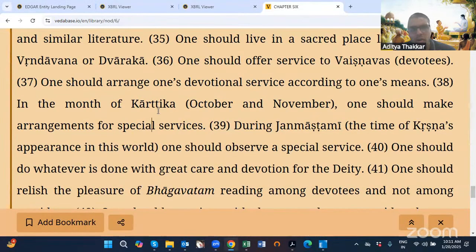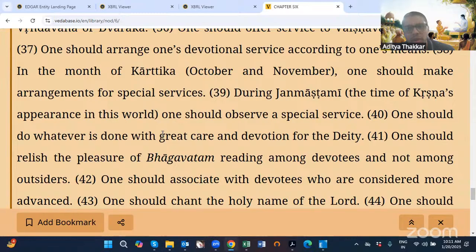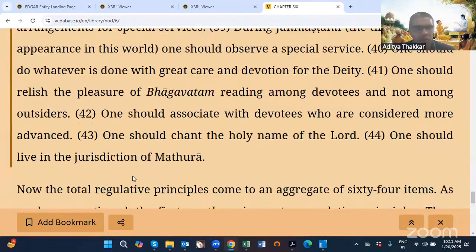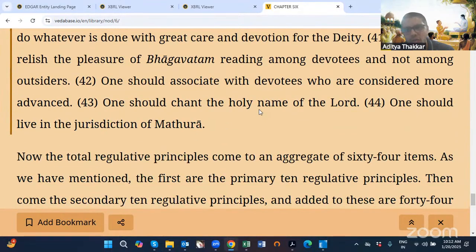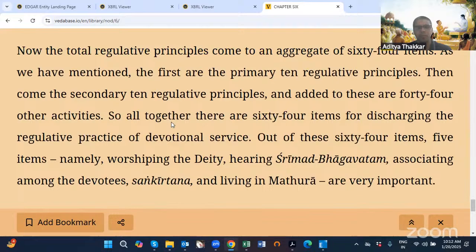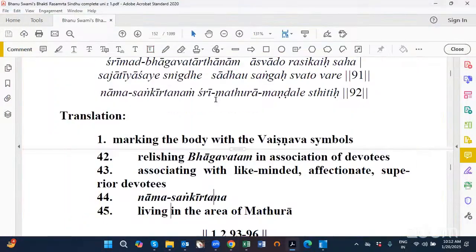38. In the month of Kartik, October and November, one should make arrangements for special services. 39. During Janmashtami, the time of Krishna's appearance in this world, one should observe a special service. 40. One should do whatever is done with great care and devotion for the deity. 41. One should relish the pleasure of Bhagavatam reading among devotees and not among outsiders. 42. One should associate with devotees who are considered more advanced. 43. One should chant the holy name of the Lord. 44. One should live in the jurisdiction of Mathura. Hare Krishna. Okay. Now,